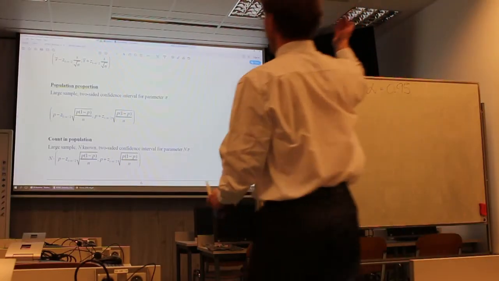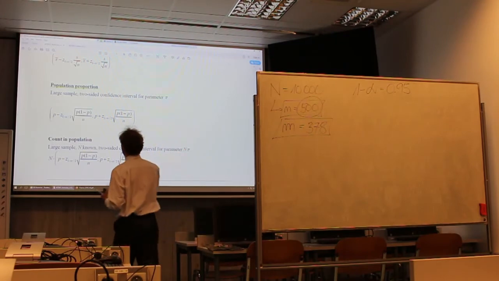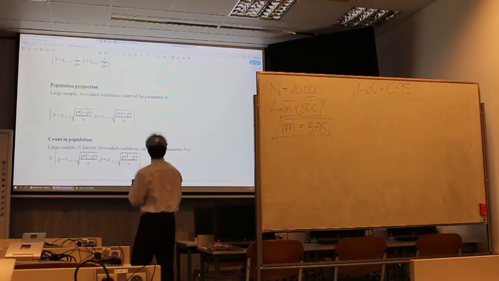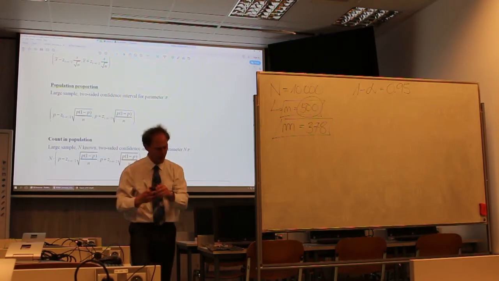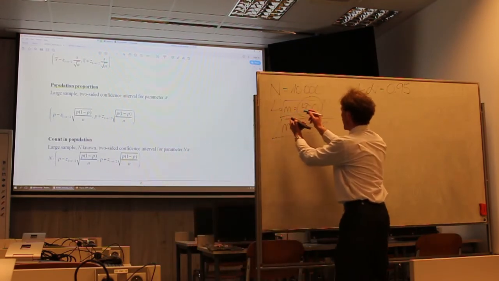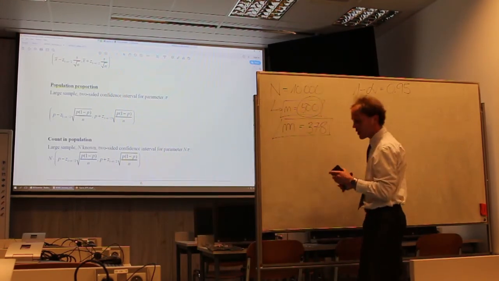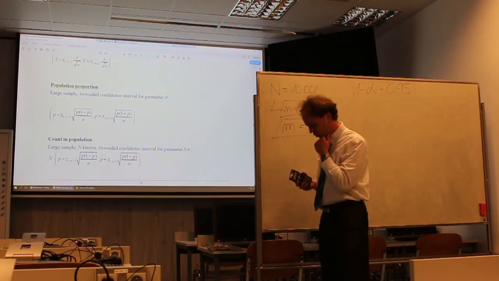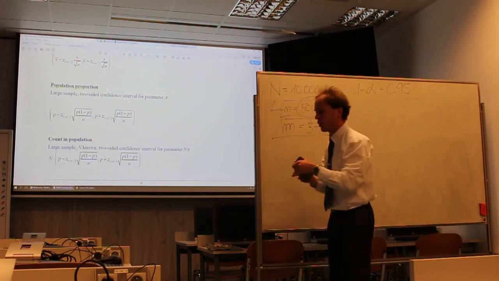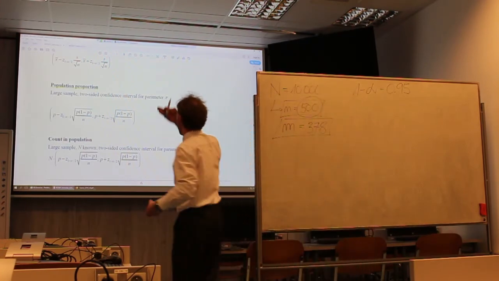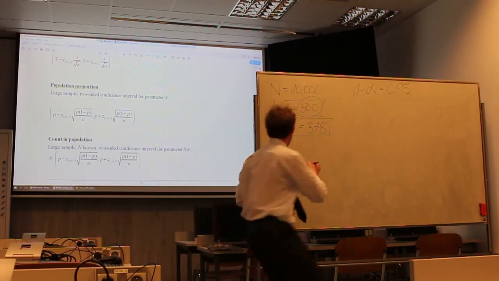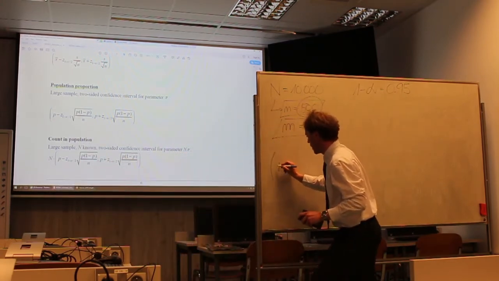Okay, so we will check out formulas, and we will find the formula for the population proportion, large sample, two-sided confidence interval for parameter p, large sample, yes? You can see that we have n equal to 500, a large sample, it means at least 30 observations, yes? So in our situation, we have a really large sample, so I will rewrite this formula on the left side,